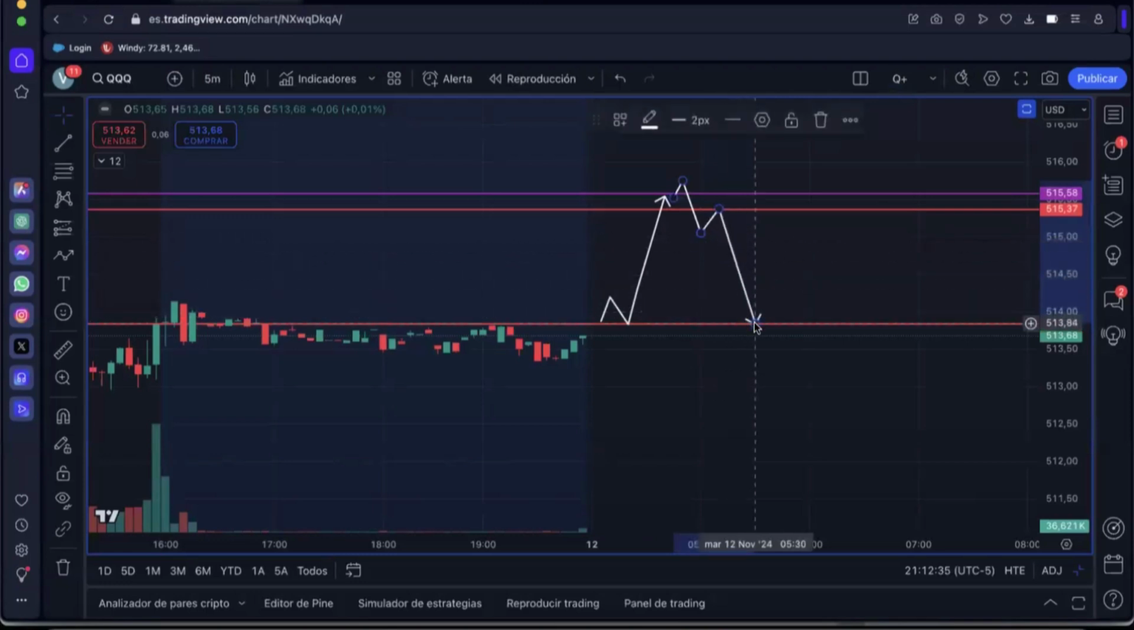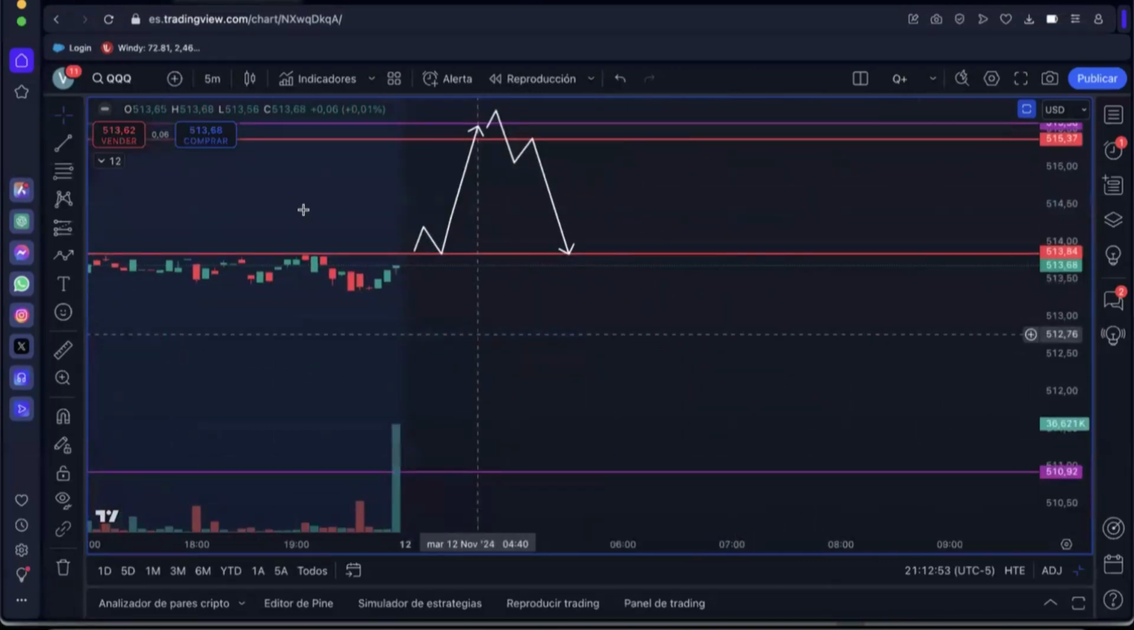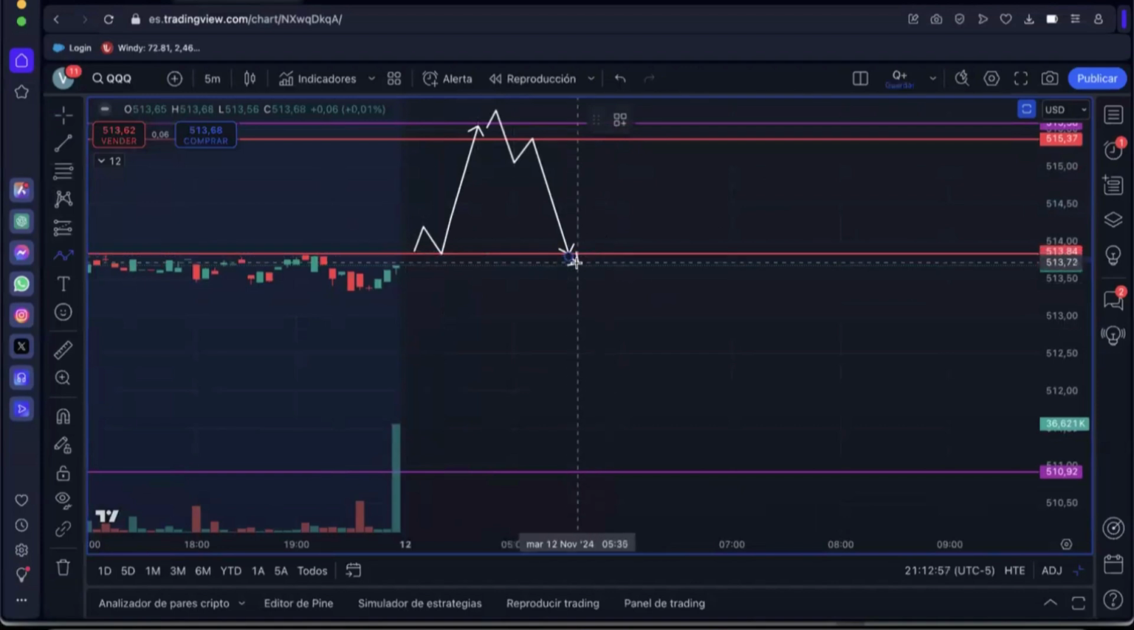Boom. Level to level. And in this case, because we already bounced and we already mitigated the daily above, I will expect, again, from experience, that this guy could be doing this pattern here. And again,